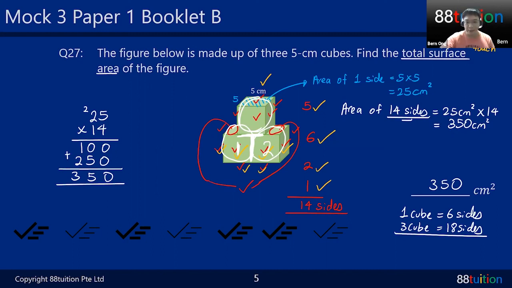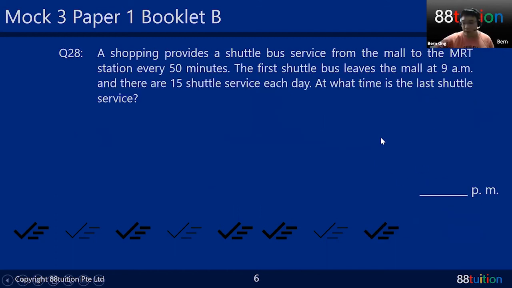Okay, question 28. Let's go. A shopping mall provides